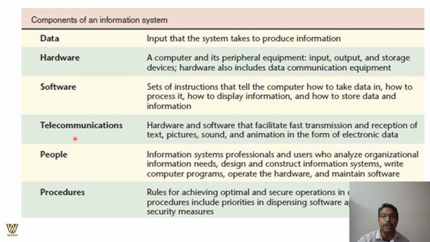Next is telecommunication: hardware and software that facilitate the fast transmission and reception of pictures, text, sound, and animation in the form of electronic data. This is what telecommunication is all about. Next comes people: the information system professionals and the users who analyze the organization's information system needs, design and construct information systems, write computer programs, operate the hardware, and maintain software. Next is all about procedures, rules for achieving optimal, secure operation